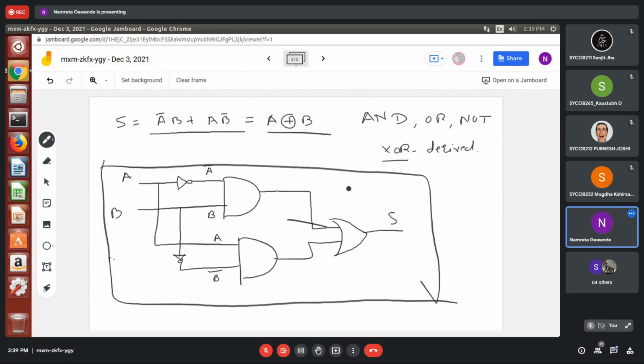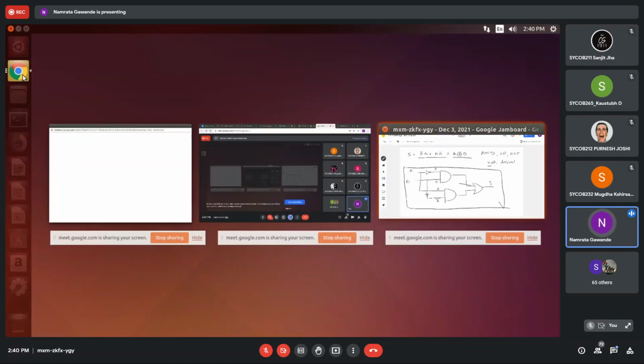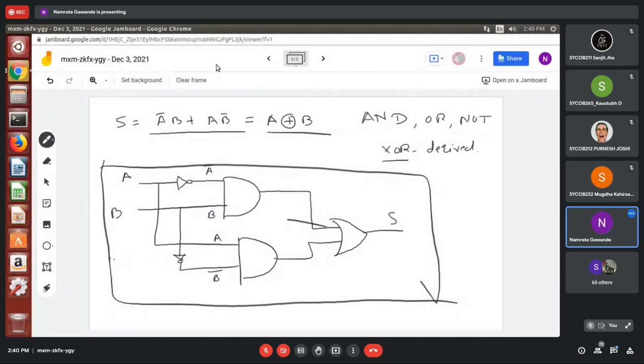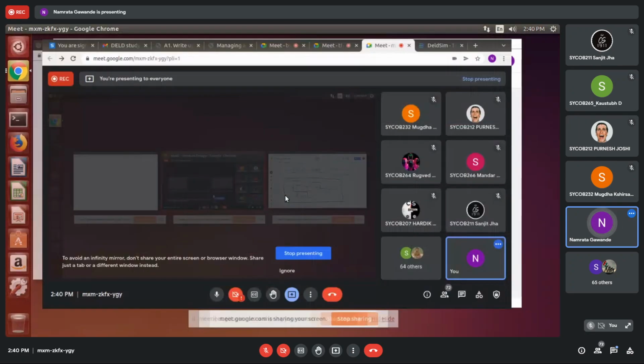Now I want these two practicals to be completed by next week. Which ones am I saying? First and second, that is half adder, full adder, half subtractor and full subtractor, with basic gates and with universal gates. This complete part should be implemented by next Friday. I'm giving you 8 days. Go through all these; I'm going to send all these copies. In the next lab, we'll see the next assignment, that is binary to gray. Fine.